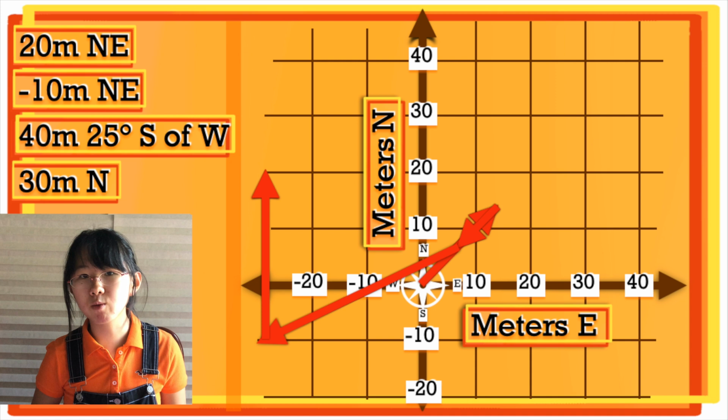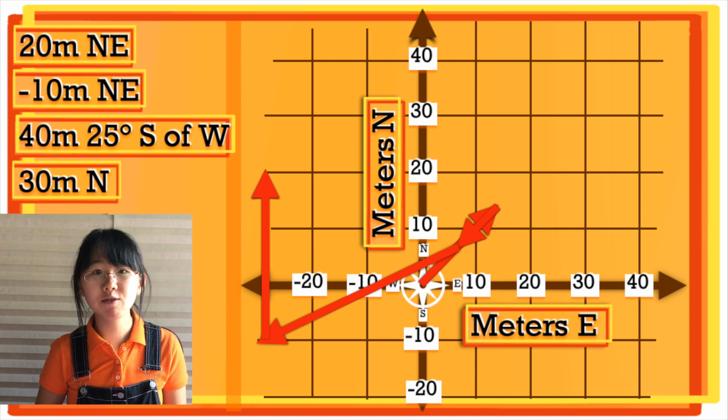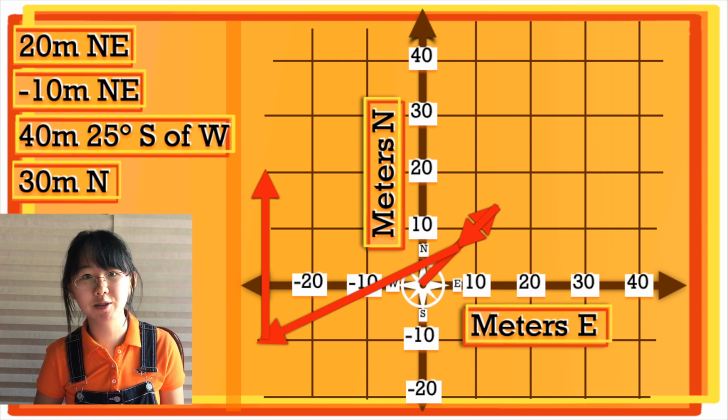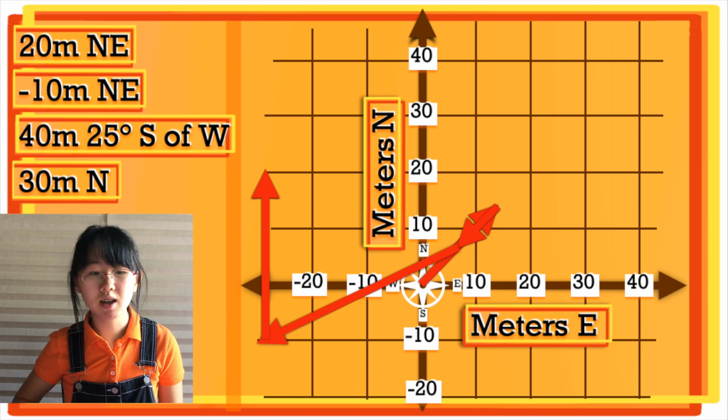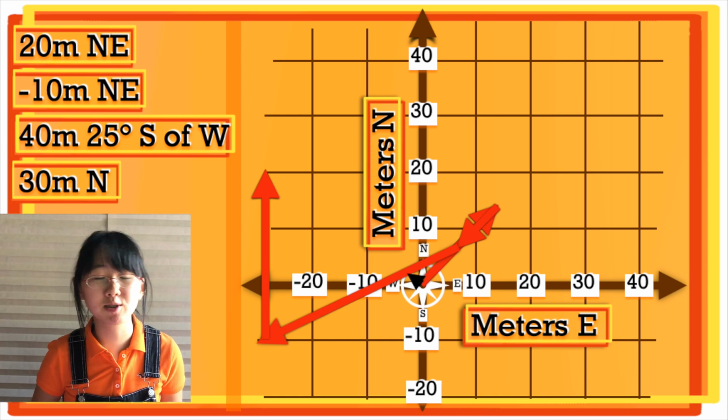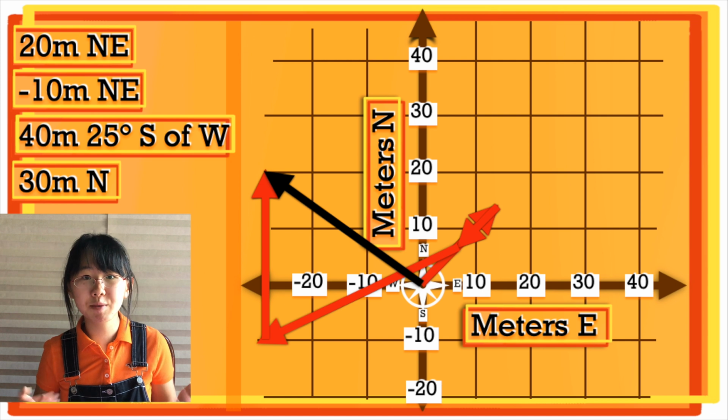Once again, it doesn't matter what order we draw the vectors in. In fact, if we draw the first two vectors non-consecutively, it might actually be easier to see them. Either way, when we connect the head of the last vector to the tail of the first vector, we get the same exact result.